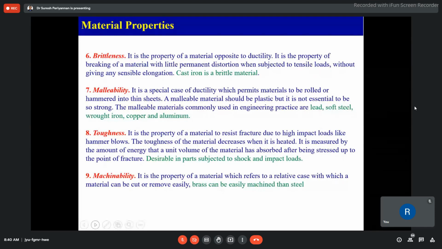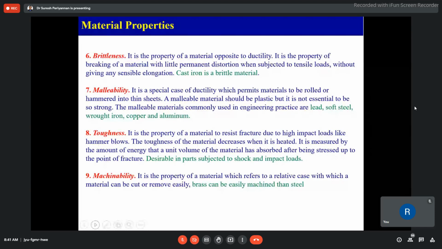There, tensile load is not acting. It is only covered in the machine, and it will absorb the vibration. So based on the application and the requirement, we have to use the appropriate material. For example, do we use any brittle material in the lathe machine for the tool post? The tool post, where we are holding the tool, is not a brittle material, because if you use a brittle material for the tool post, it will be prone to failure.